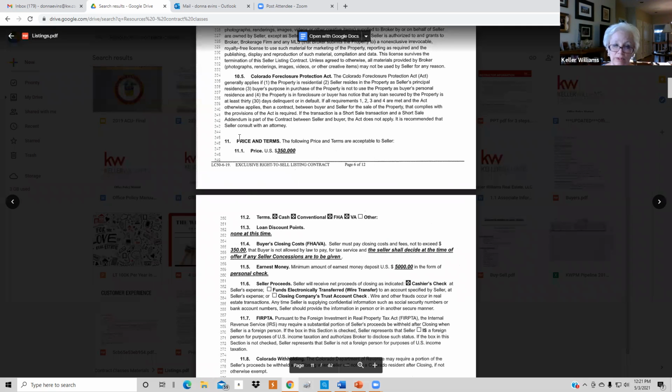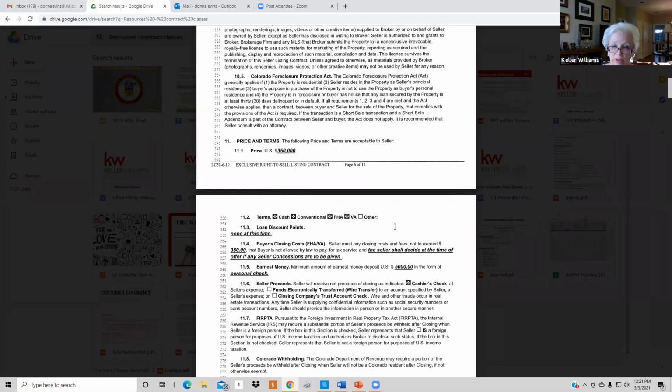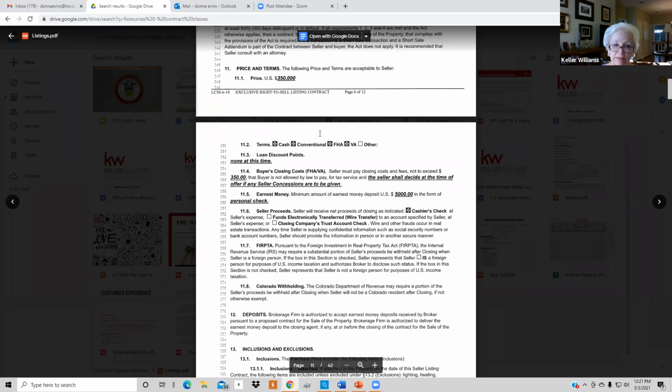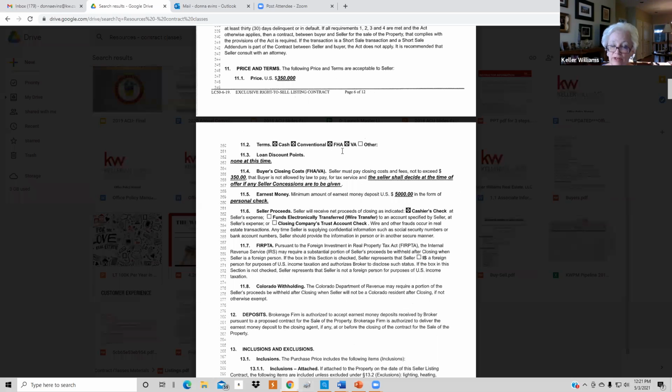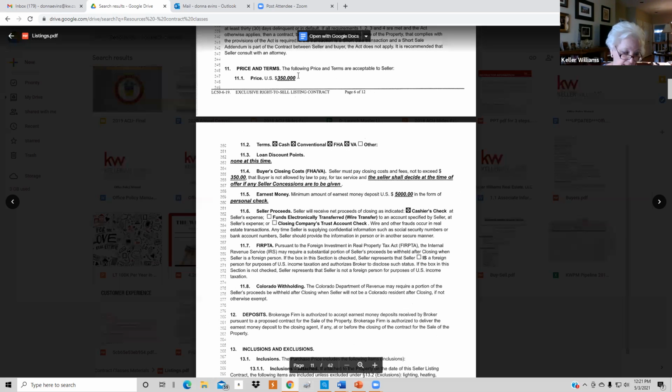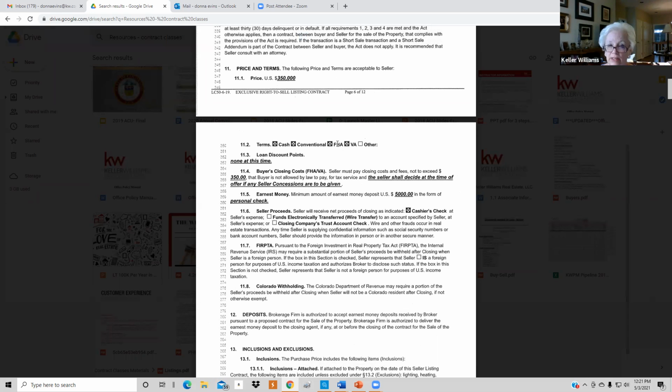11.1 is where you put the price. 11.2 is where you put the terms. And you have to make sure that the price you're dealing with will accept cash, conventional, FHA, and VA. If you go above, I think it is 597, you can't do conventional or FHA. It has to go into only cash or conventional. So you have to be sure you know what those ceilings are, and Patrick does know what that is, or even